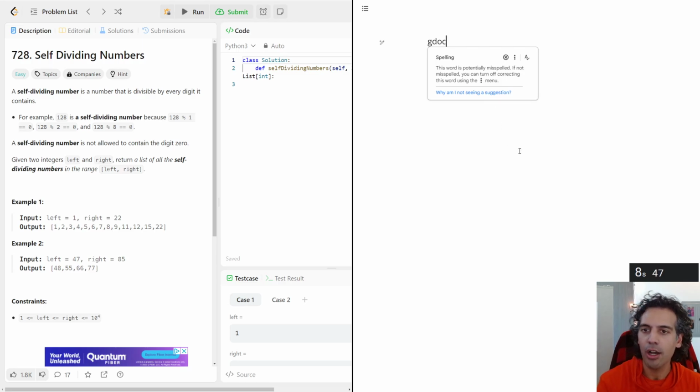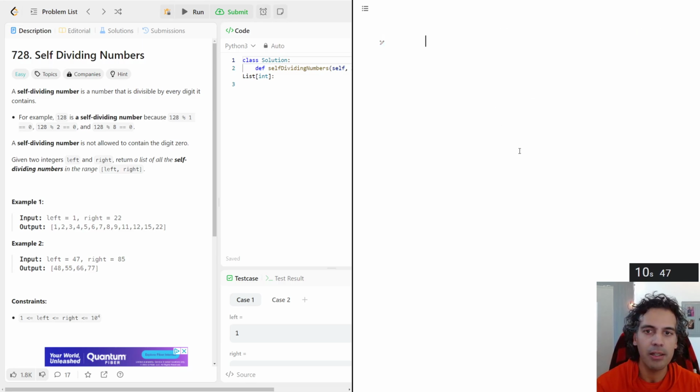I'm using a Google Doc over here. I've just made the size a little larger. Google Docs and notepads and all this stuff suck, but sometimes that's what you get in an interview. You don't have access to a nice IDE with syntax highlighting and all that stuff. So as tragic as it is, you should get used to using a notepad for those occasions where you're getting